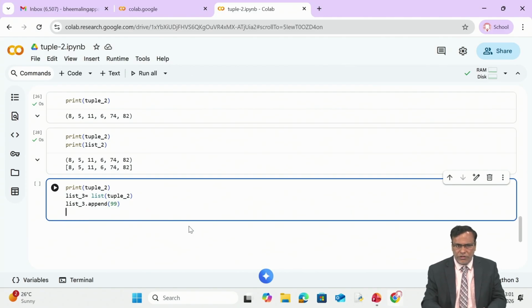After that, you need to convert this list into a tuple. So for that, what do you have to do? What was the name of the tuple? Tuple_2, right? So tuple_2 equals tuple of the same list. Same tuple name. Otherwise, you can use a different name. It is up to you. Suppose, for example, I am giving a different name for this tuple, say tuple_4. But yes, you are supposed to give the input as whatever